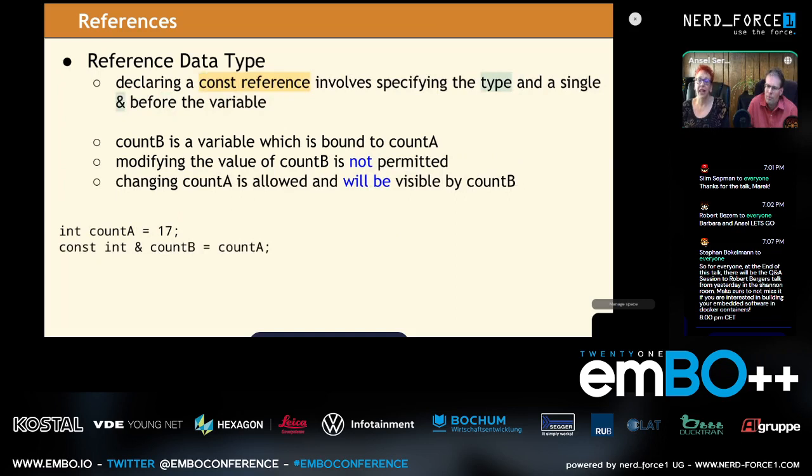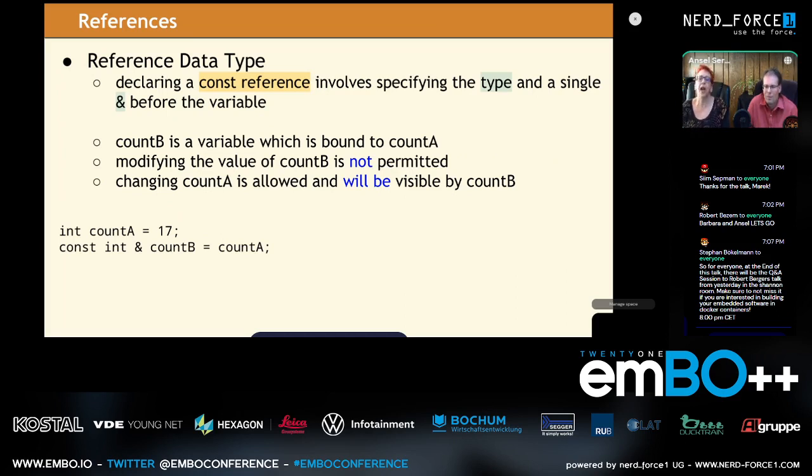This changes slightly when we're talking about a const reference. Again, we have the type and a single ampersand. CountB is again a variable, and it's bound to countA. Modifying the value of countB is no longer permitted because it's const. What people sometimes forget is that you can still modify the value of countA.